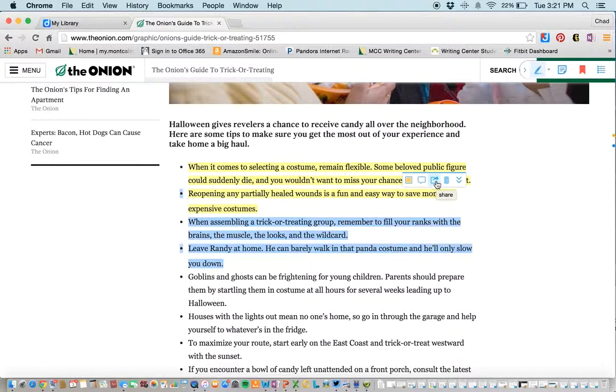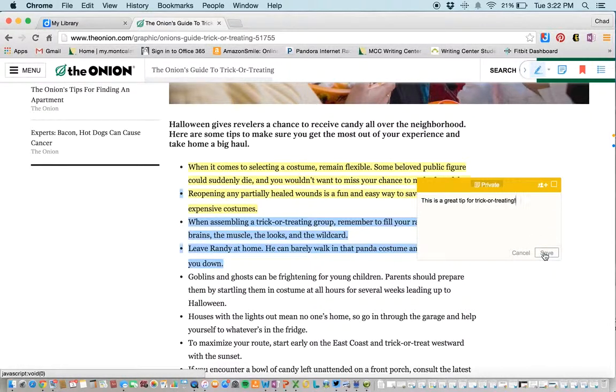You can share this highlight with somebody else, or, and I haven't used much of the sharing and the social abilities within this, but you can add a sticky note, or essentially an annotation for that little bit of information that you just found online and found to be valuable for your research. So I'm just going to annotate this and say, this is a great tip for trick-or-treating! Exclamation mark, because I'm really excited about that. I'm going to hit the save button, and now